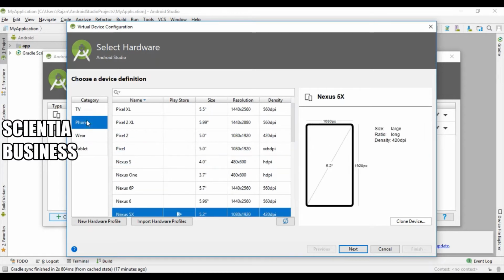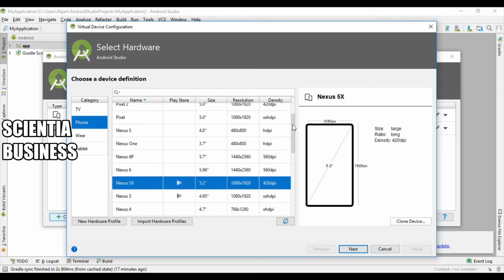So like I told you in my previous lectures, it's not possible that the company where you're working will provide you an actual physical device every time you want to run your Android test cases. So in most of the scenarios, in most of the companies, this thing is very useful. Using the Android Studio, we can create virtual devices and use them to run our test cases against.